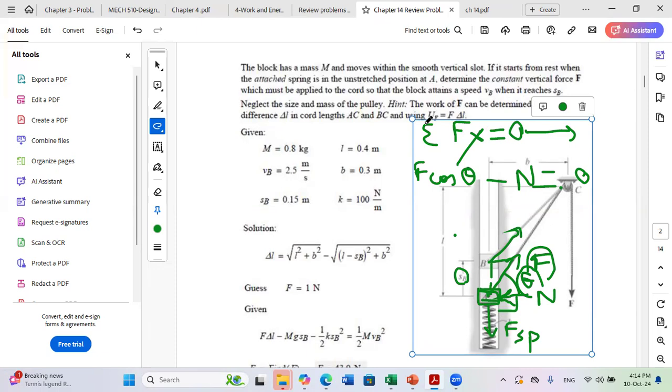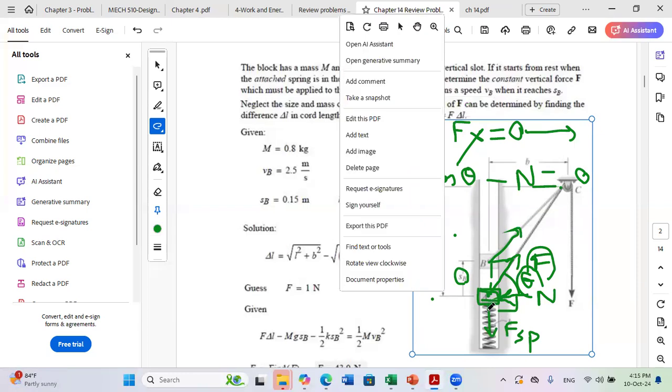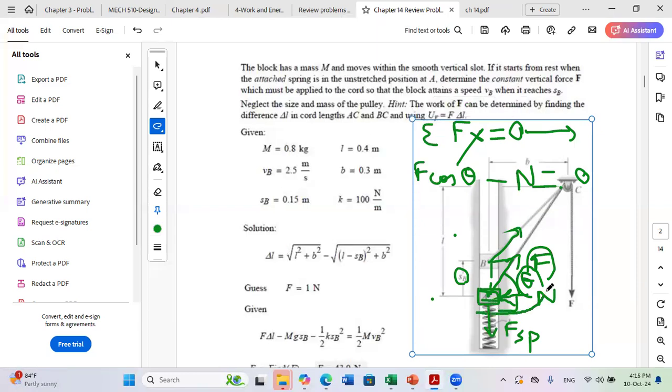I need to take a system that can simplify my analysis. So the system that can simplify my analysis is to take the block with the cable. Why is the idea of taking the cable important? Because if I consider this whole system with the cable, what will change as forces? You still have the spring force, you still have the normal. Now you have here a reaction at the pulley, but it will not do any work because it's applied on a fixed point. But now, instead of having the application of F on a